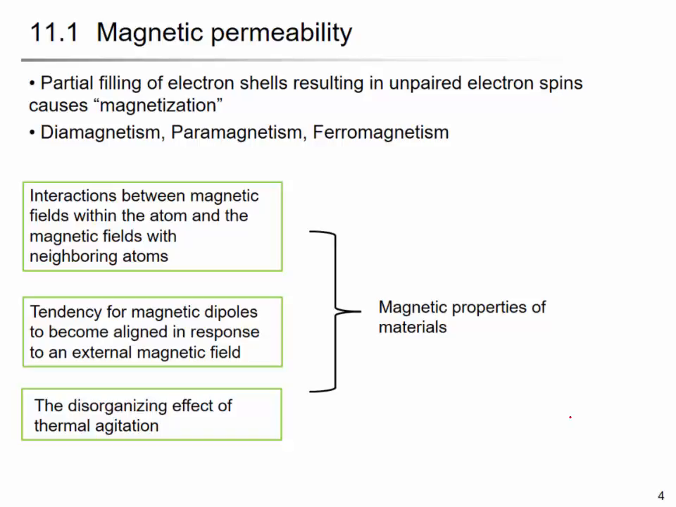So why do we have a magnet? The magnetic property, or magnetization, is because of the partial filling of an electron shell, and that's because of unpaired electrons. So you have orbitals, do you remember the orbitals? The 1s, 2s, 2p, 3s, 3p, 3d, something like that, right? And you can fill the electrons paired in there. And if you have an unpaired electron, then